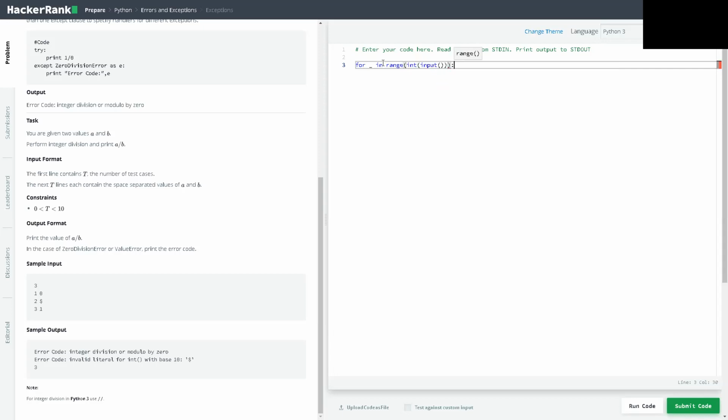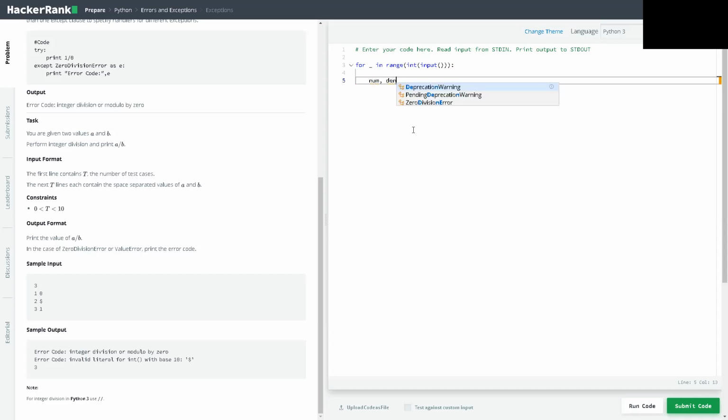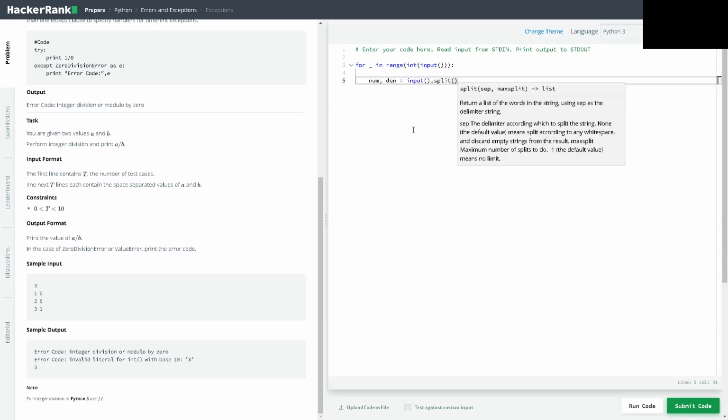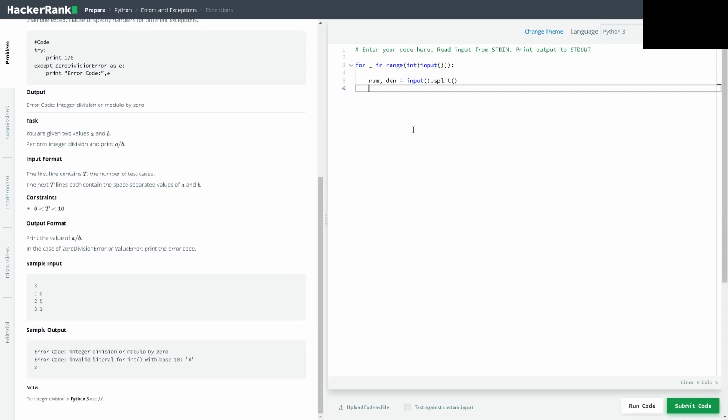That will be our for loop, how many operations that we want. After that, we're going to get the numerator and denominator, and that will be input().split(), which will split the string into 2 using a space delimiter, and then it will give us strings of numerator and